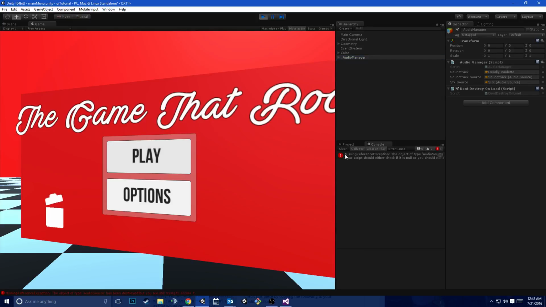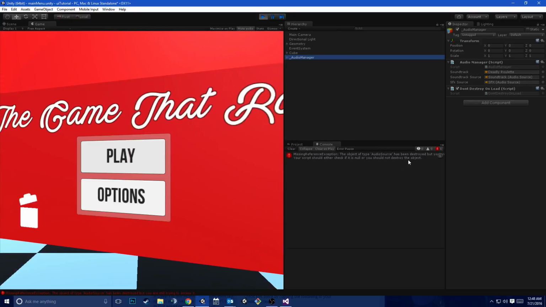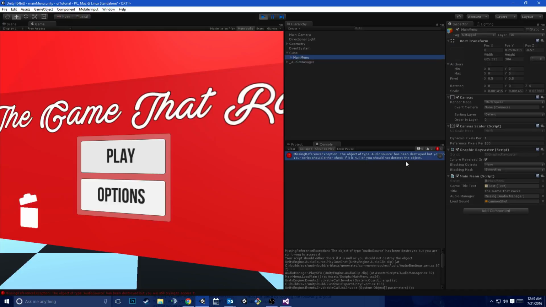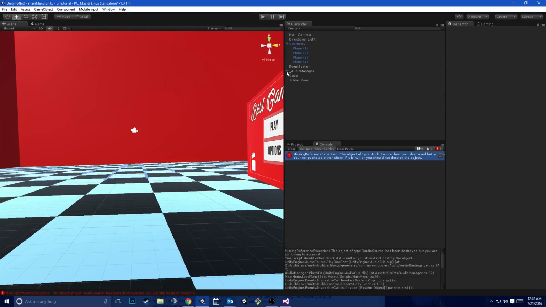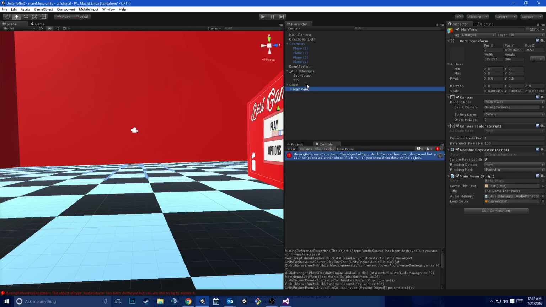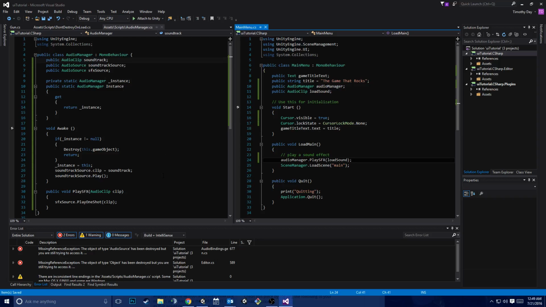So what happened when I hit play, though, this is where Don't Destroy on load gets tricky, and this is another reason why the Singleton pattern is really useful. If I looked at main menu right now, you see that audio manager is missing now. And just to confirm that we set it, I'm going to stop the game. See, it's there, alright? And that's because main menu loses track of that reference as we load the scene. When it's instantiated, it tries to look for audio manager in a specific spot, and that changes when it's been set to Don't Destroy on load. So what we really want to do,